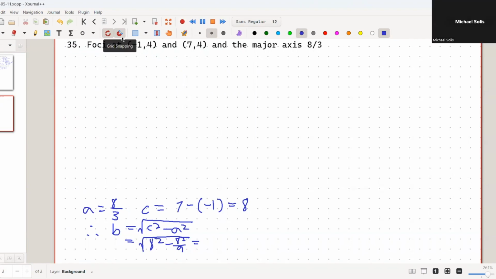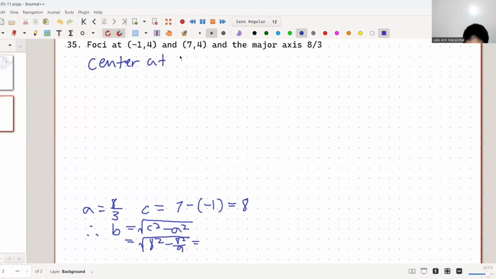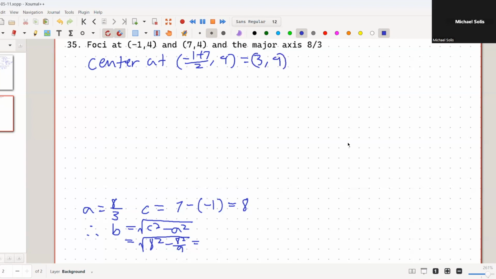I mean, yung center. So, yung coordinates ng center is going to be... wait. Kinuha natin yung midpoint nung, pwedeng pakita mo rin yung 4 plus 4 over 2. Or